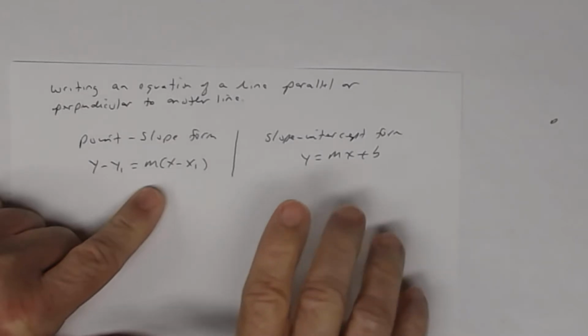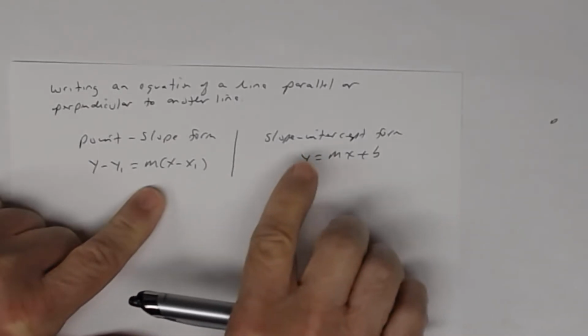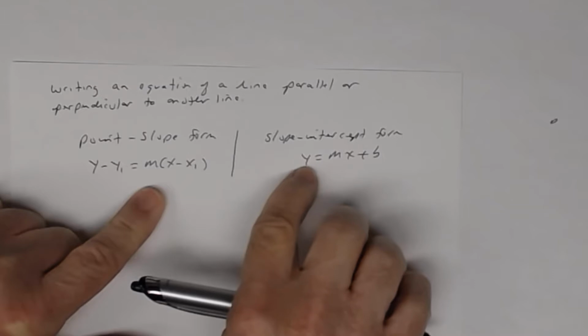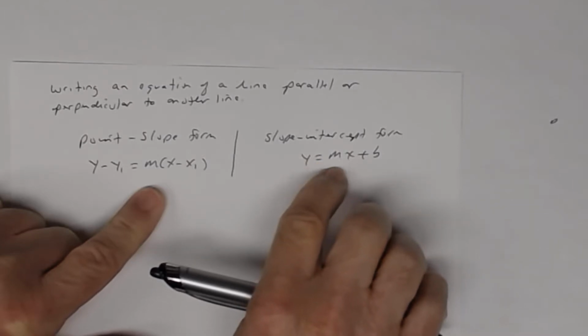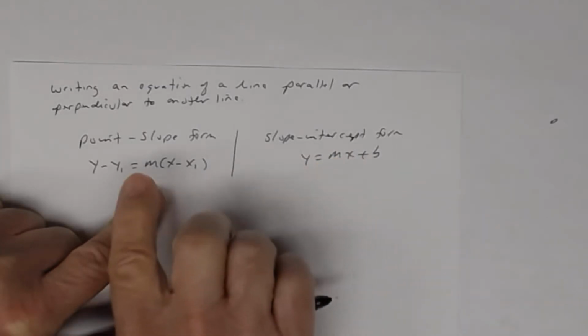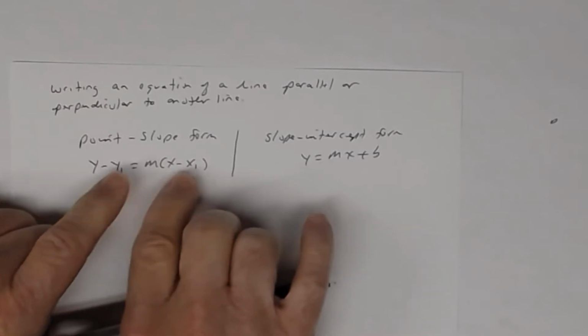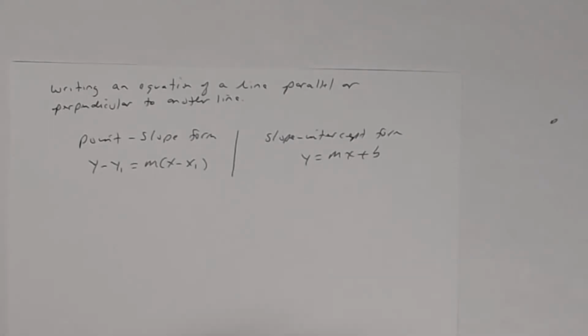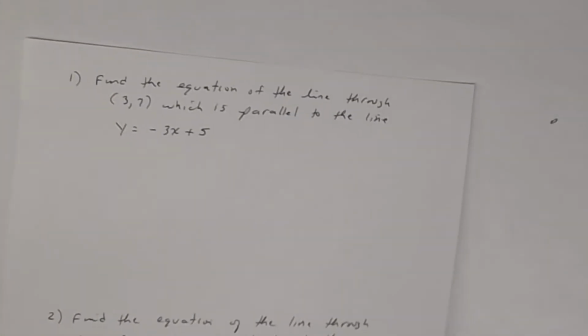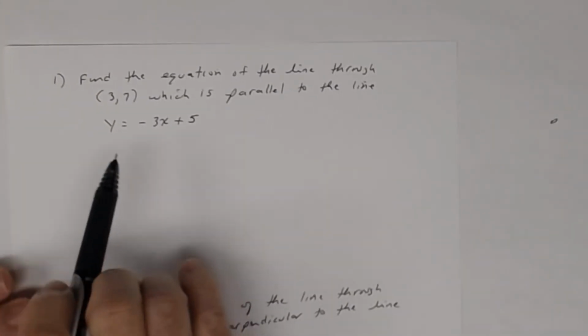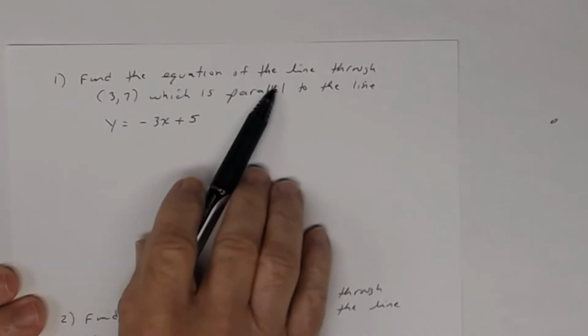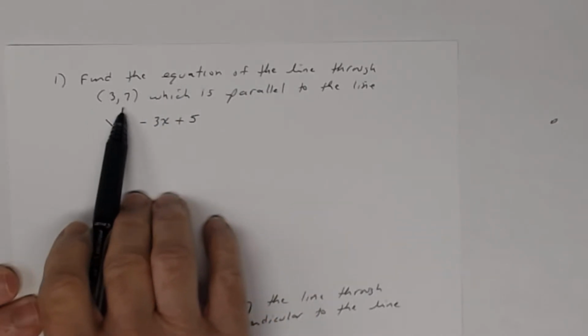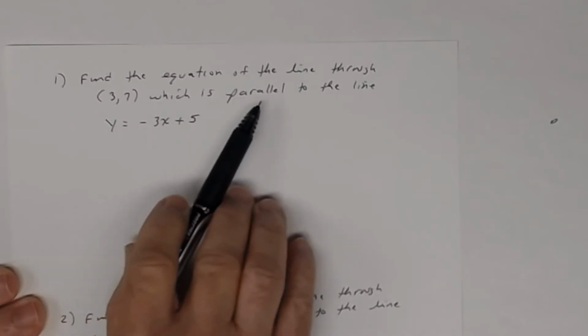But notice that when using slope intercept form, you need the slope and the y-intercept, and when using point slope form, you need to know the slope and a point on that line. Okay, that's going to be important. All right, so let's look at number one. So number one, you're given this. Find the equation of the line through the point 3, 7, which is parallel